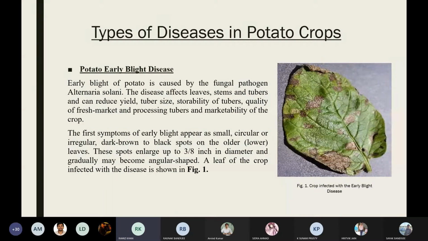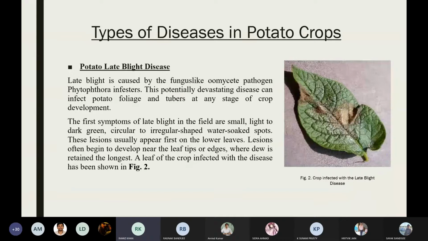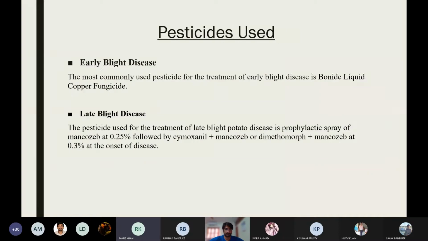This is the second disease that we're detecting. It's called late blight disease. They look kind of similar, as you can see from the reference images, but they still have distinct differences. So it is sometimes difficult for the naked eye to distinguish between all the different diseases that have occurred. So we have made a device which can segregate between them, and we can provide more accurate pesticides to these diseases, to these crops.